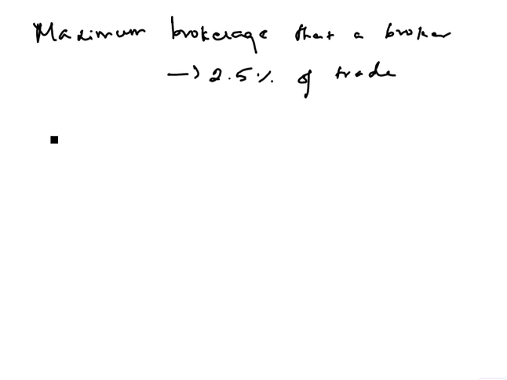Why should one trade on a recognized stock exchange? If you trade on a recognized stock exchange, you get protection in case the counterparty defaults. Whereas this option is not available if you do OTC, over the counter trading. In over the counter trading, if the counterparty defaults, you are at your own risk to recover the money. But this counterparty risk is eliminated when trading on a recognized stock exchange.